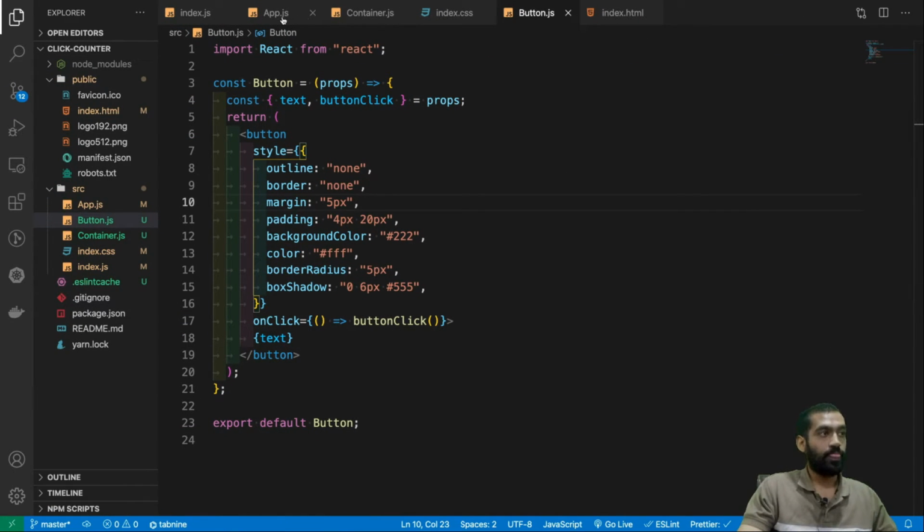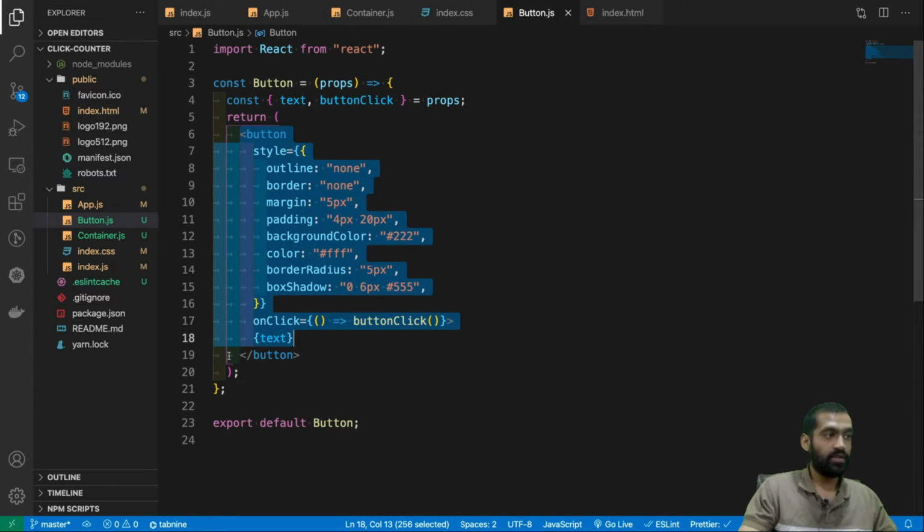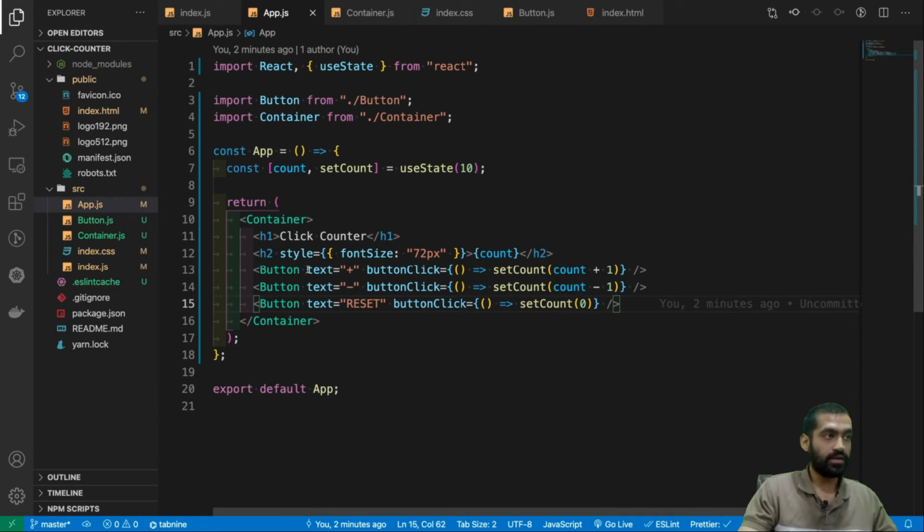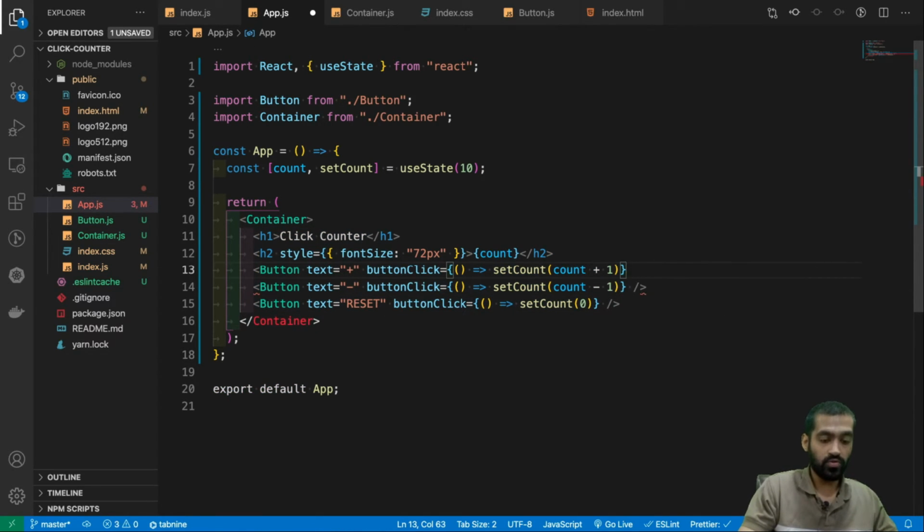One more thing, whenever we write button, we do an open tag button and then we do a close tag button, right? But in here we are not following that convention. We are putting this text. So if this is considered as children, what if we do something like this and add there? Will this be considered as children as well? Let's see. Let's just remove the text here.